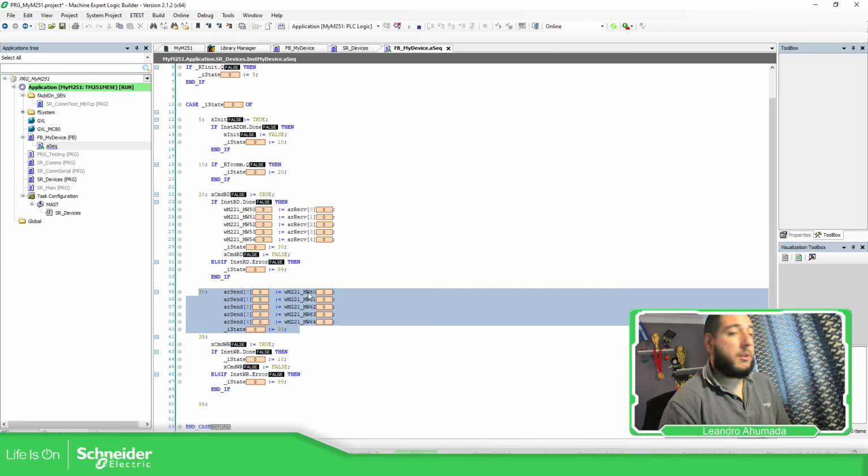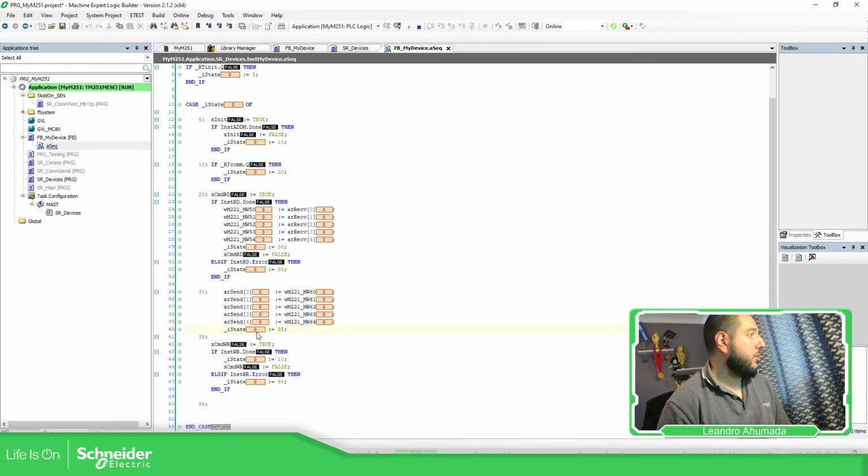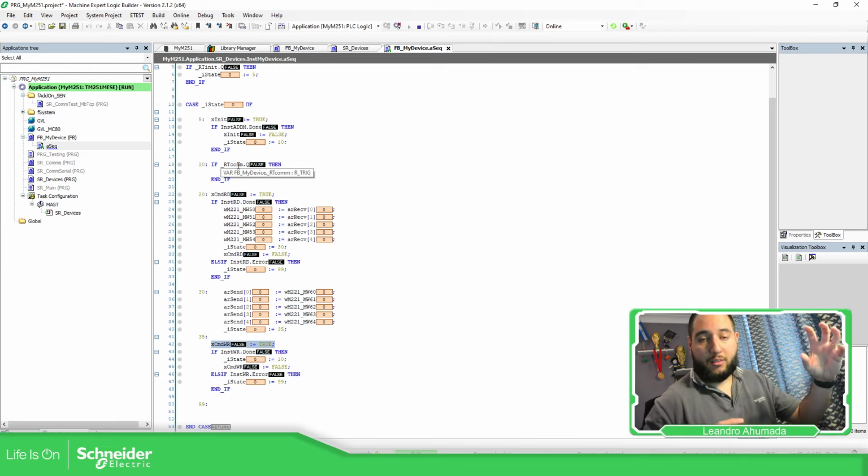I send the values coming in from the function block, and then I move to the 35, which is the command to write into the other device. Okay, I'm just waiting for the done, and if it's done, then I go back to here, waiting for the command to communicate again. Okay, so in this way, I just wait. If you have multiple devices coming together,